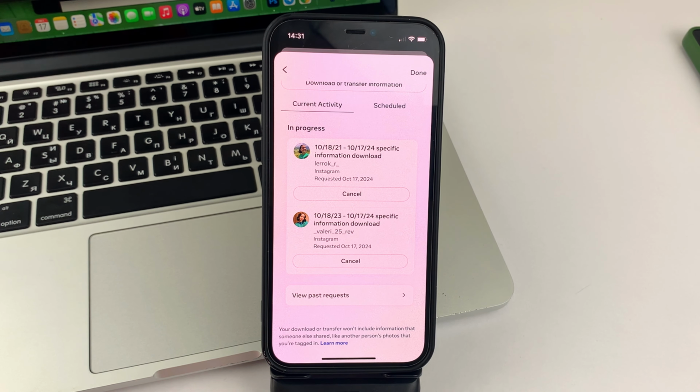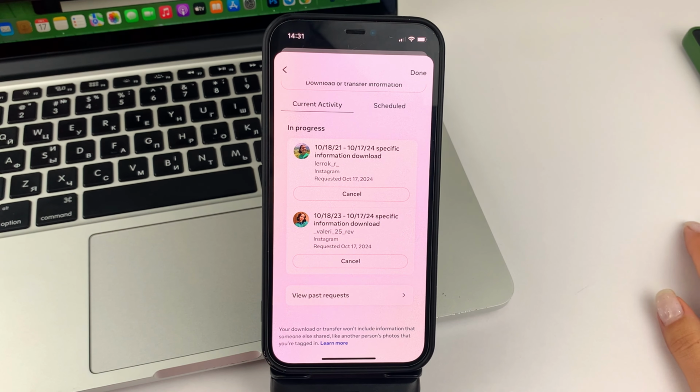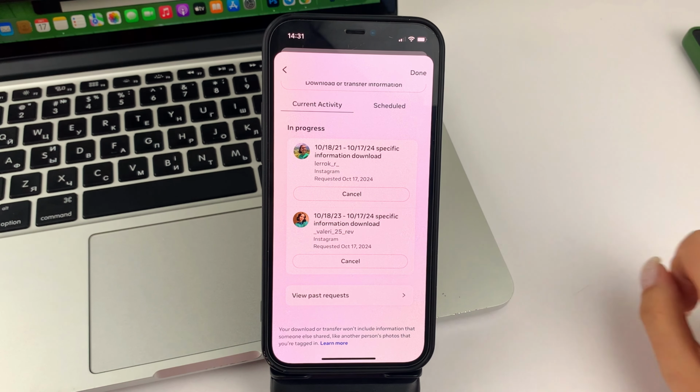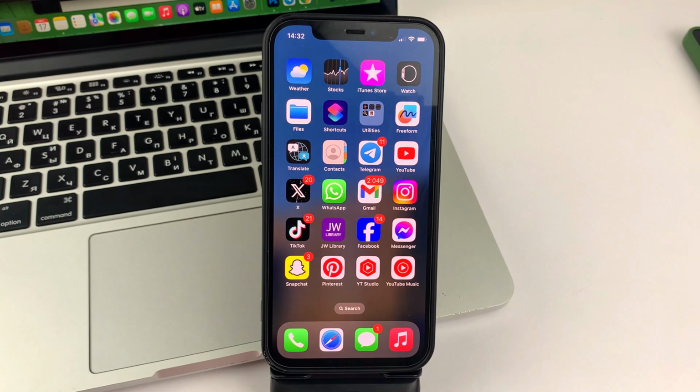And then you can go back again to these Instagram settings. And then you'll have an option where you can click Download. So you'll download a file of your chat history to your phone, and you will be able to view this file on your device and read your chat history. Friends, this is the method you can use to check your chat history in the Instagram app.